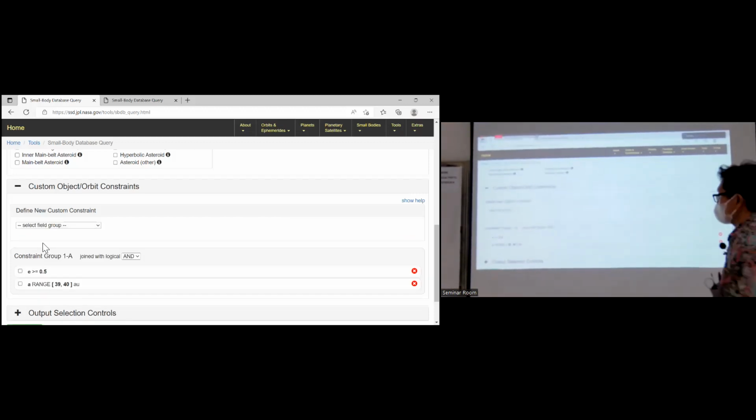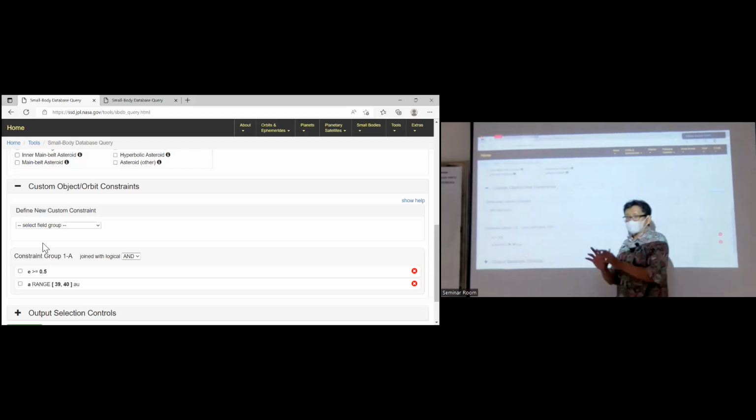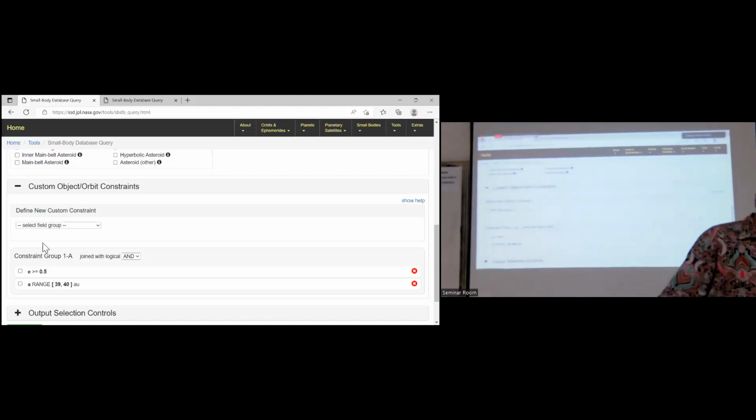Now you have two selected orbital elements, eccentricity and semi-major axis. If you type wrongly, you can cross here and retry again.